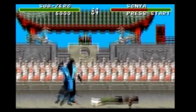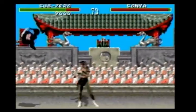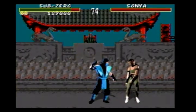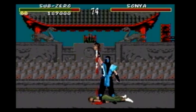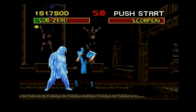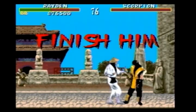We all know the story on fatalities in this game. The Genesis got the port with the bloody fatalities, while SNES fans got nerfed by Nintendo's family-friendly policies at the time. But we'll take a look at them. First we have Sub-Zero Genesis, Sub-Zero SNES, Sub-Zero wins. Raiden Genesis,